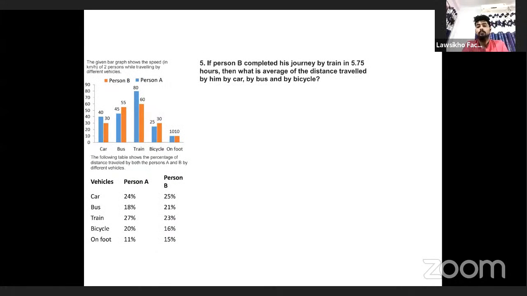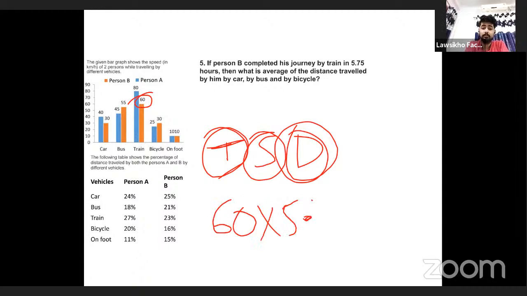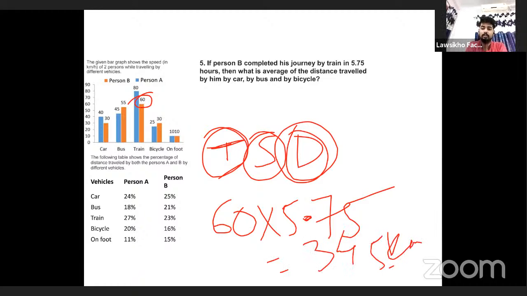देखो, जर्नी बाय ट्रेन इन 5.75 आवर्स, अगेन 3 कंपोनेंट्स होता है, टाइम, स्पीड एंड डिस्टेंस। टाइम तुम्हें दिया हुआ है 5.75, स्पीड है तुम्हारे पास पर्सन बी का ट्रेन में कितना है, ट्रेन में उसका स्पीड है 60 किलोमीटर पर आवर। तो मतलब डायरेक्टली और इनडायरेक्टली फर्स्ट स्टेप ऑफ योर्स वुड बी टू फाइंड द डिस्टेंस ट्रेवल्ड बाय पर्सन बी वाया ट्रेन, ठीक है। तो कैसे निकलेगा, स्पीड इनटू टाइम, speed is 60, time is 5.75, तो ये आ जाएगा तुम्हारा 345 किलोमीटर्स।